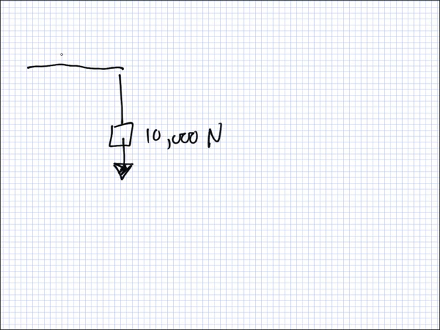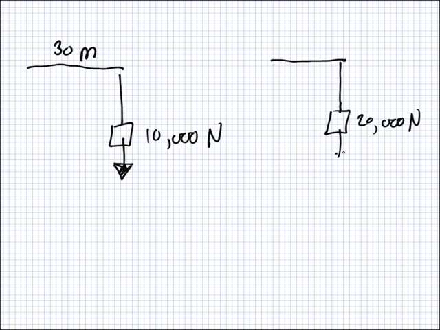And the distance here is 30 meters. And then they want to know what distance would you need to make the crane at most if you want to use a bigger load of